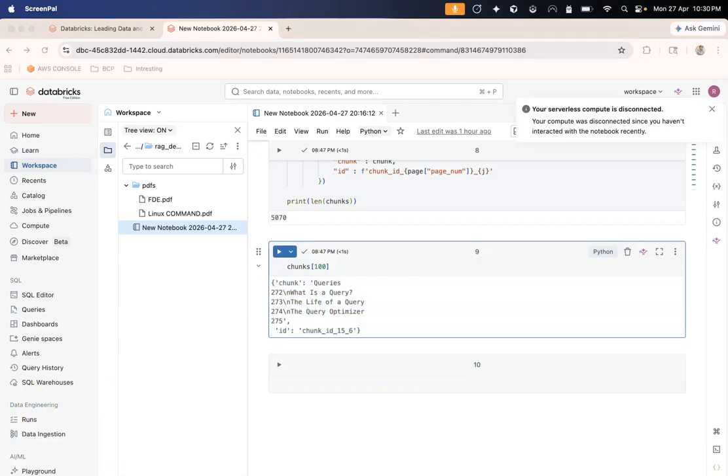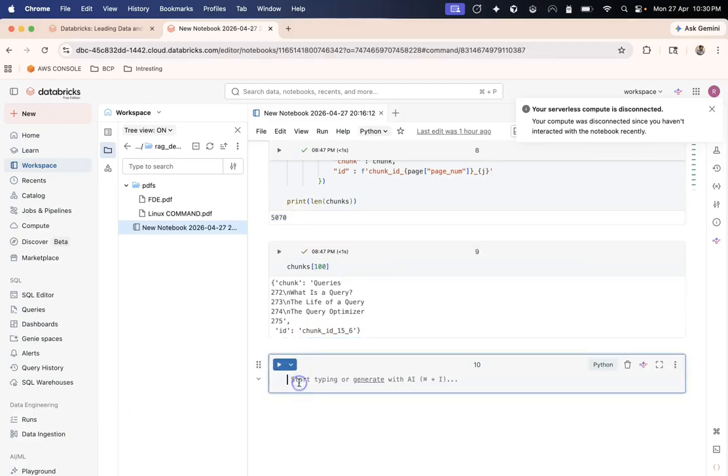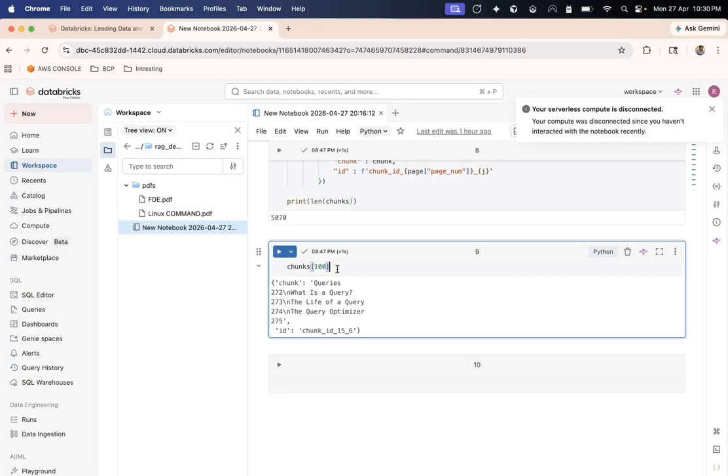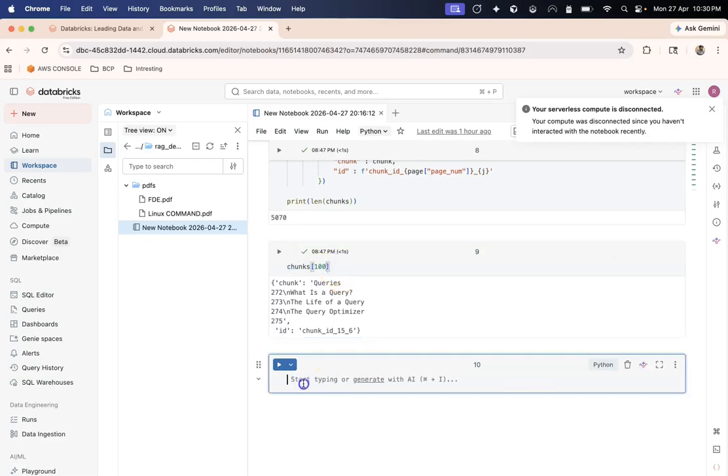All right. Now that we have produced all the chunks from both of our PDFs, we have several different options that we can go for. We can take all the chunks that we have produced from the PDFs and convert them into a data frame, and that data frame can consequently be written into a Delta Lake table. So that is one thing that we can do. Here I will show you that quickly. Chunks is essentially a list of JSON.